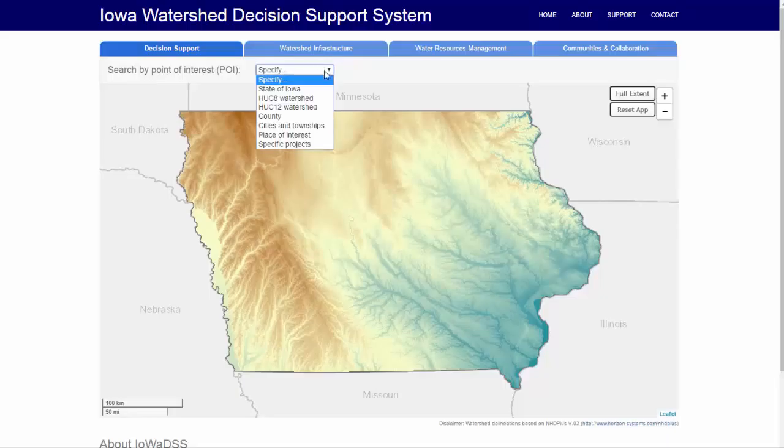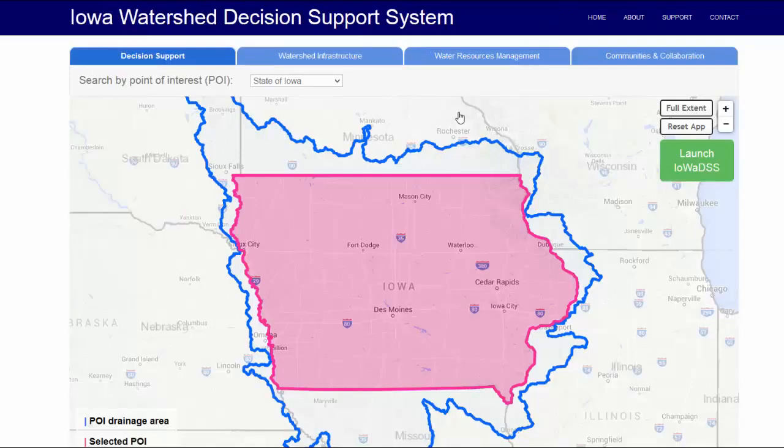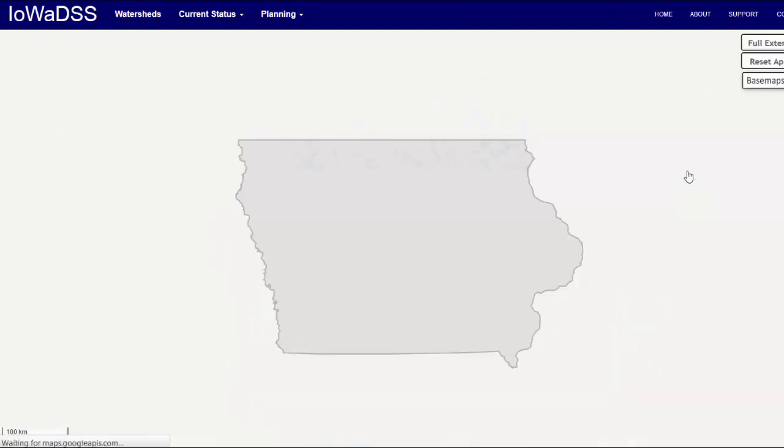Their point of interest can be the state of Iowa, Huck 8 watersheds, Huck 12 watersheds, counties, city and townships, place of interest, or specific projects. This part of the tutorial will cover the different types of searches allowed by IoWaDSS, first starting with the state of Iowa. When we search by the state of Iowa and then click Launch DSS, you will see a base